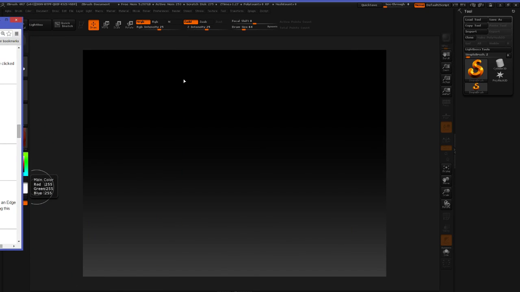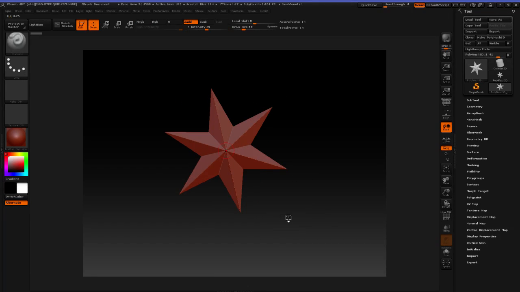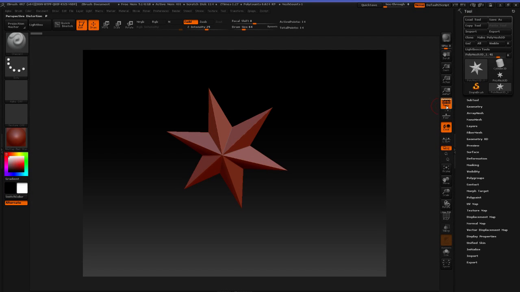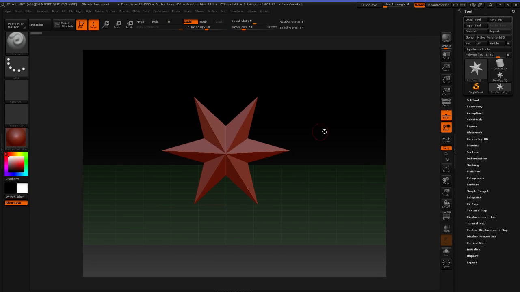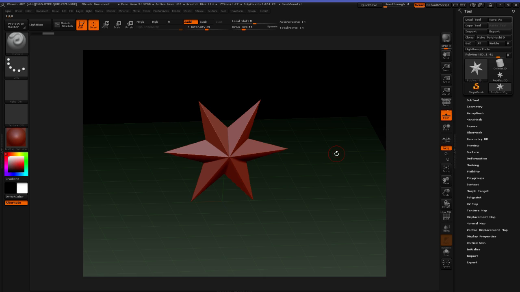So let me show you the brush I'm using. And again, if what I'm doing on the screen doesn't make any sense and you have questions about it, please ask away. I can explain it. I'll try to talk my process out too. If you think I'm doing something stupid, let me know. I like having the floor. You turn the floor off and on. There's local transformation, so local transformation is if I'm messing with this point. Well, I don't have to explain all of it, right? I gotta keep moving forward. But if there's a question on why I'm clicking some of this stuff, or how it's changing it, you know,